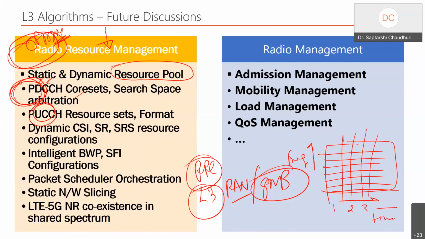Now comes the question of what is my efficient resource that I block for my control, like whether I block this radio resource, this radio resource, this radio resource for the PDCCH, because anything you talk about, the control needs the radio resource to transmit. Now, if I block this radio resource, then what is the PDSCH resource that is left out? Will it affect the throughput?